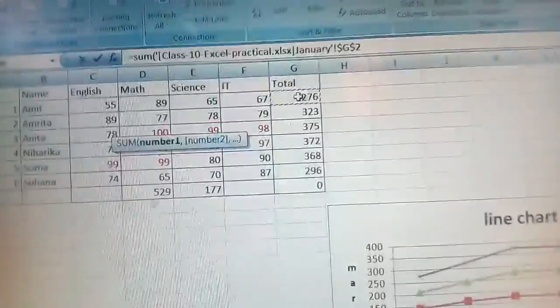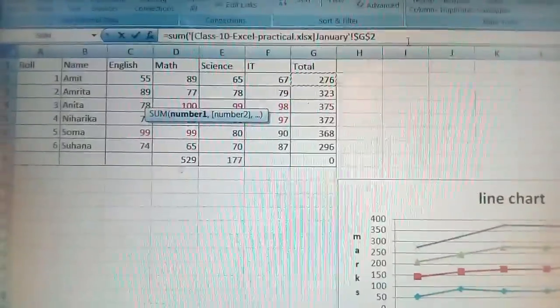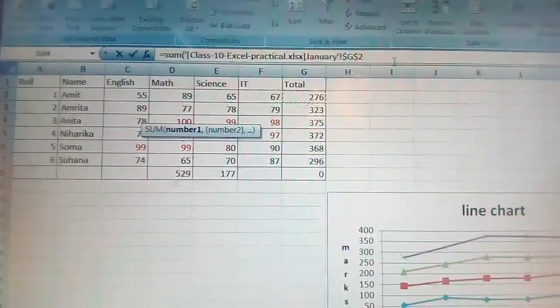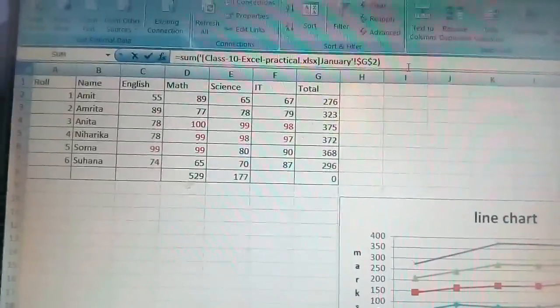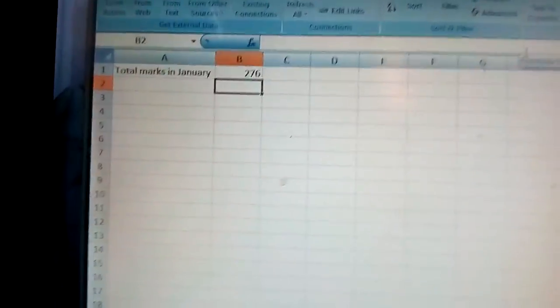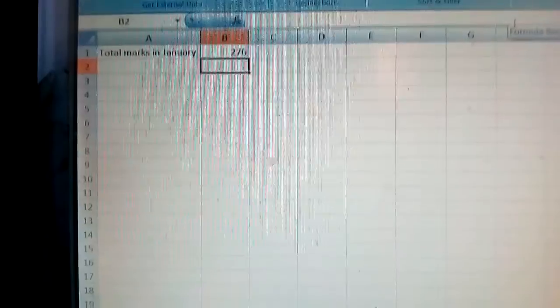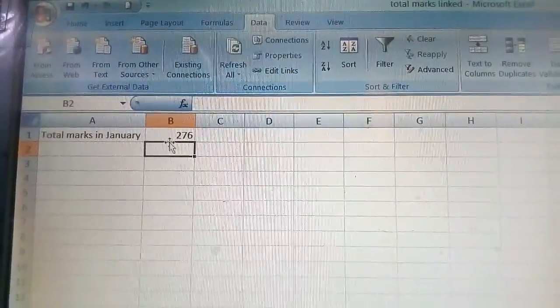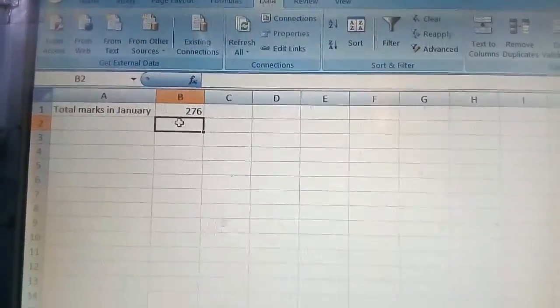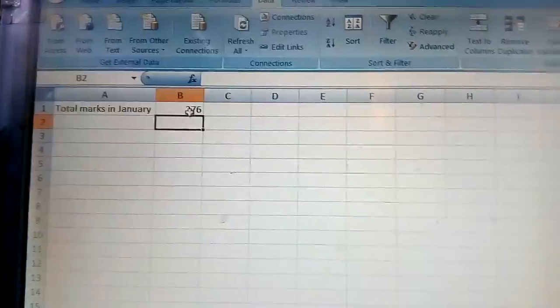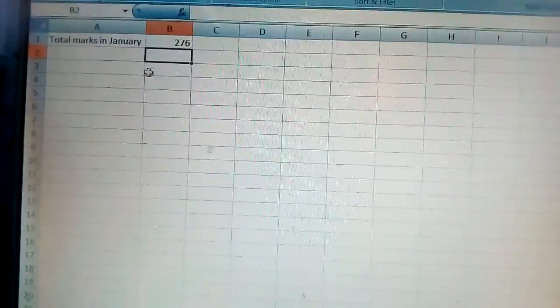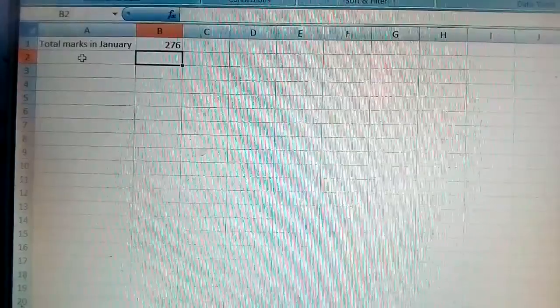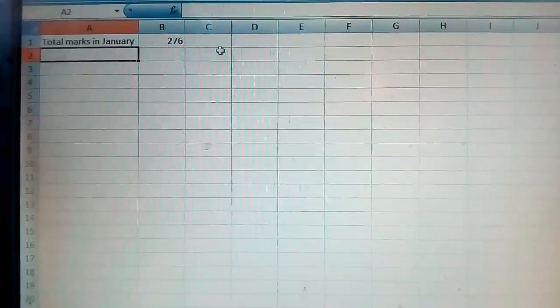Okay, so after doing that, just close the bracket again and press the enter key. So this one is second linked Excel workbook. Okay, so this is total marks linked. Automatically you can see here 276, that is linked. Okay, so similarly, suppose you want to do total marks in February, that also you can do.